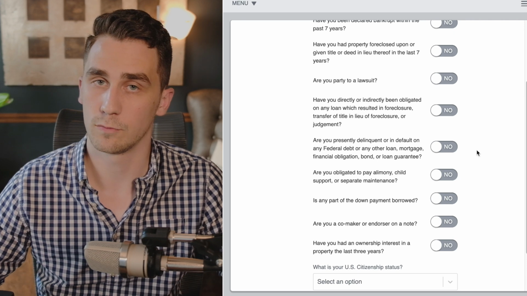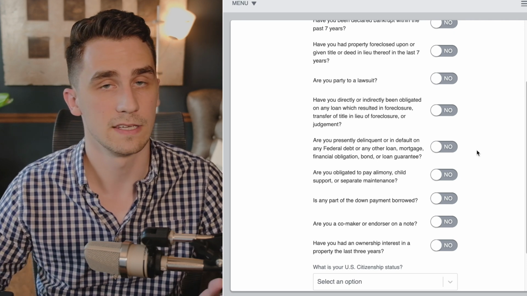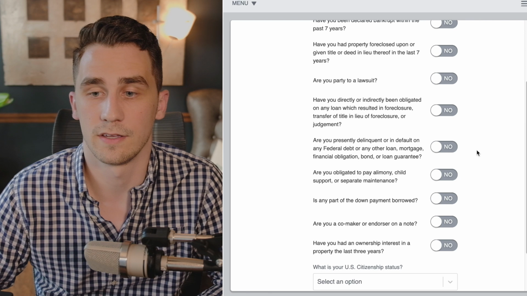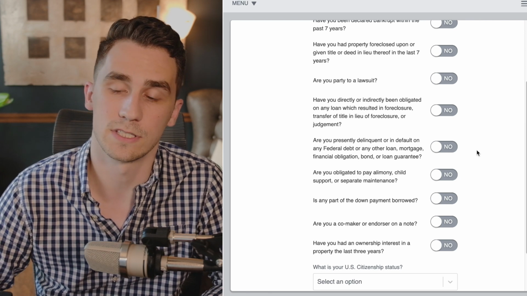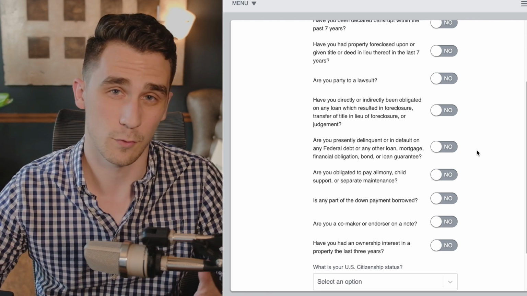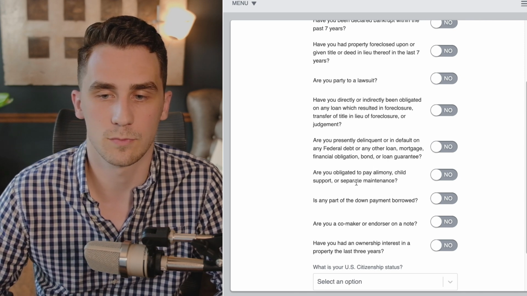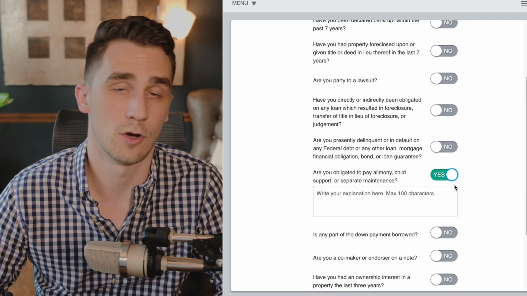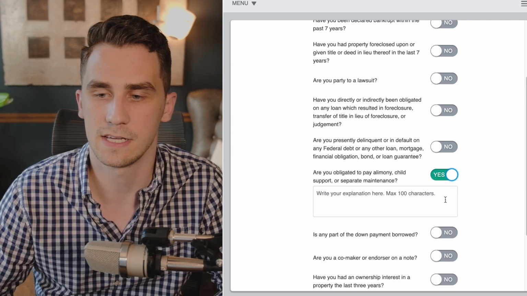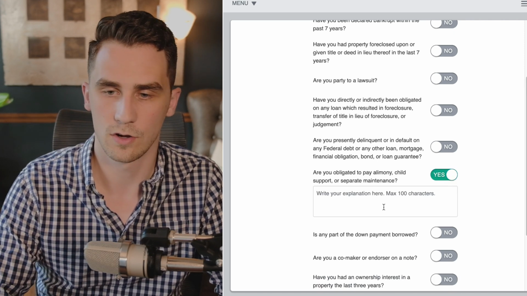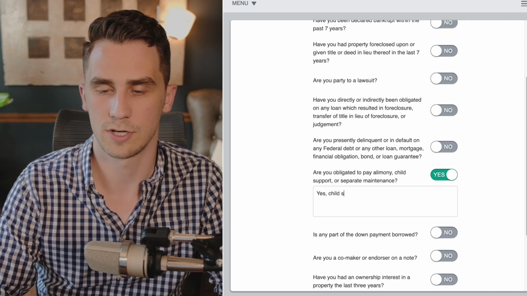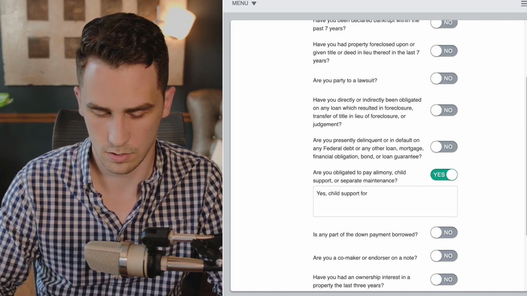So this is really important to tell your lender, especially if you haven't paid taxes, you have that debt that you need to be able to pay. And the lender is going to have to check that before you can close on a mortgage. Are you obligated to pay alimony, child support, or separate maintenance? If so, that's something that needs to be included in your debt to income. So if that's something that we had here, we could say yes, child support for